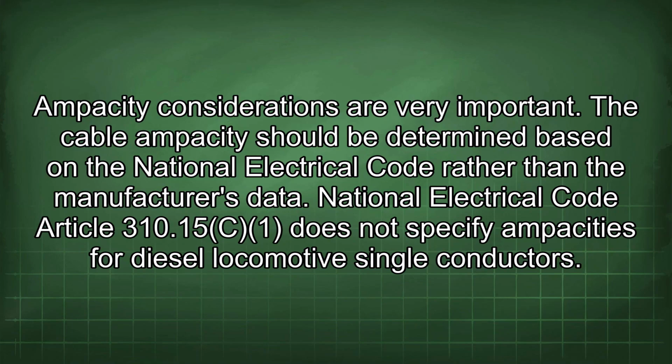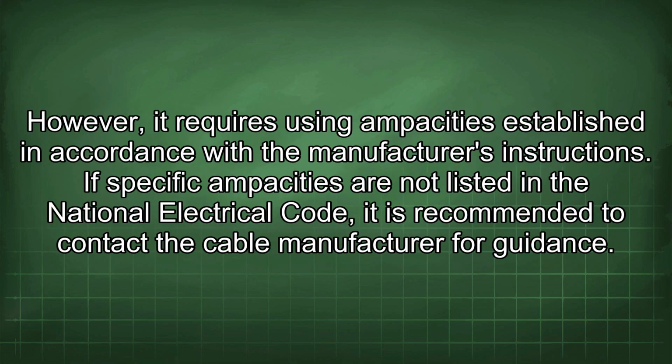Ampacity considerations are very important. The cable ampacity should be determined based on the National Electrical Code rather than the manufacturer's data. National Electrical Code Article 310.15 does not specify ampacities for diesel locomotive single conductors. However, it requires using ampacities established in accordance with the manufacturer's instructions. If specific ampacities are not listed in the National Electrical Code, it is recommended to contact the cable manufacturer for